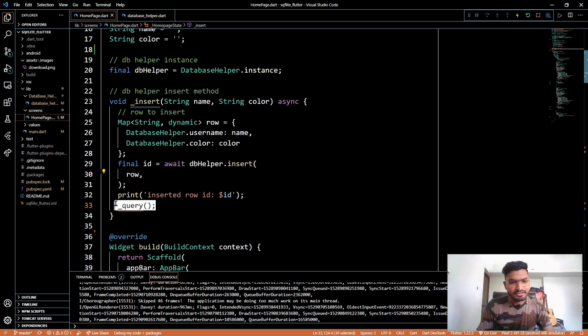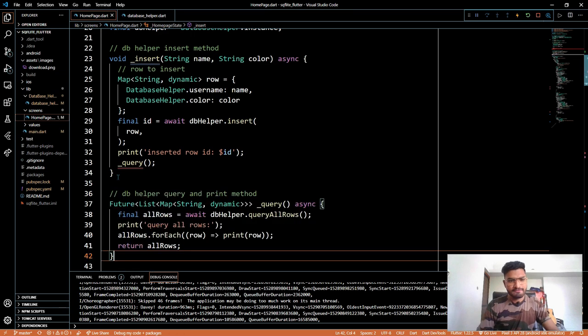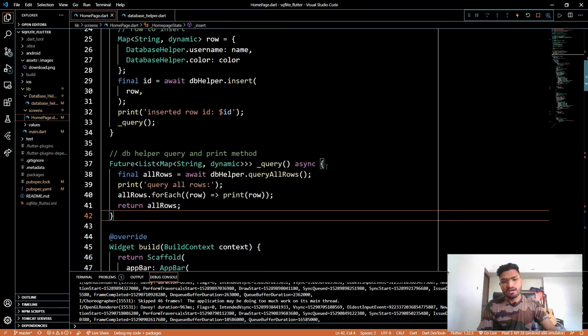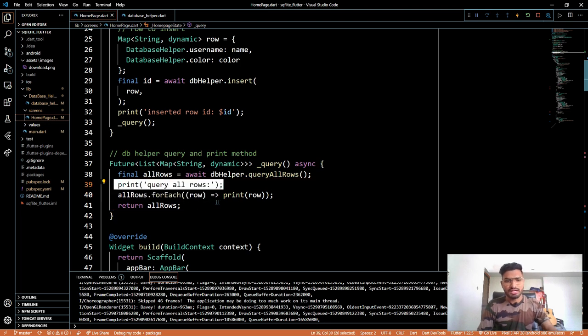What I have written in here is the query method, that is the read method. I'm also going to paste it here. Let me just copy. So I have pasted my query method as well. What my query method is going to do is access the query method inside the database helper class, and then just query all the rows and print them.